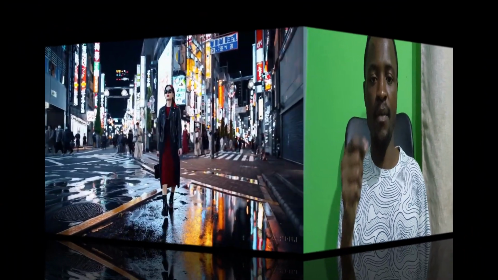So these are some of the videos that OpenAI has been able to share. There was one video where there was a prompt saying, I want you to make a video of a woman walking somewhere in the streets. I think it's Tokyo or something like that, and it looks like this.